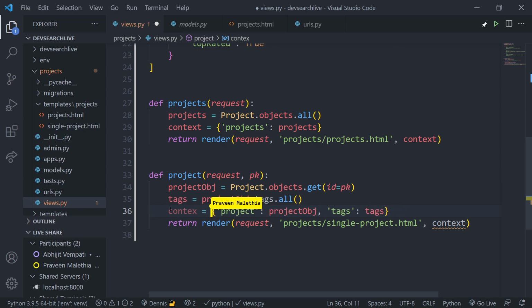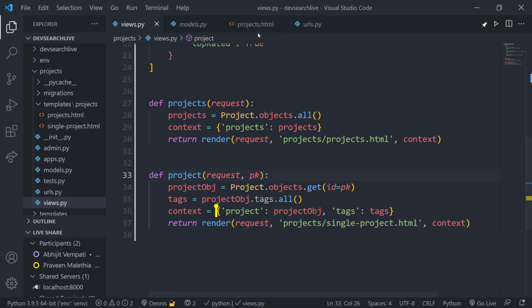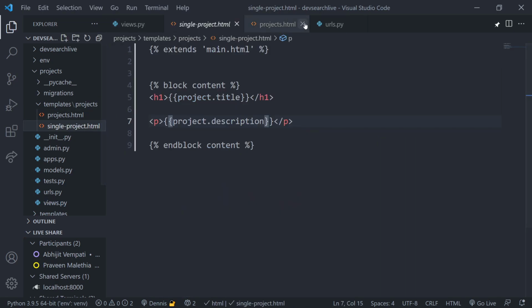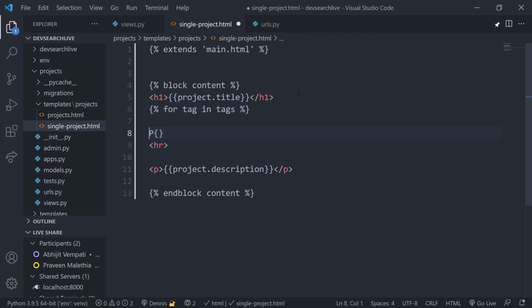So we see the context right there. We need to add in a T. We'll throw that in. Okay, so we get all the tags and now we can render all the tags out on this page. I can go into a single project here and let's add in a line break. We'll do HR and then right here we'll do for tag in tags. And then we can do